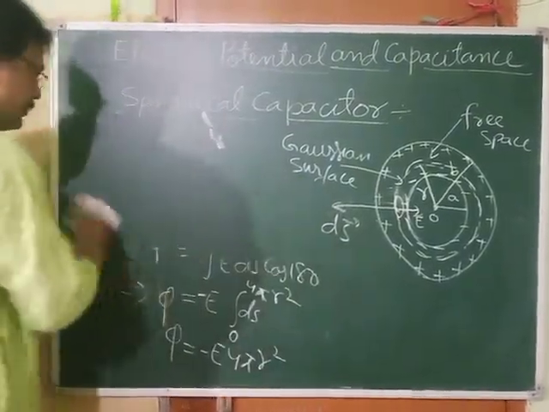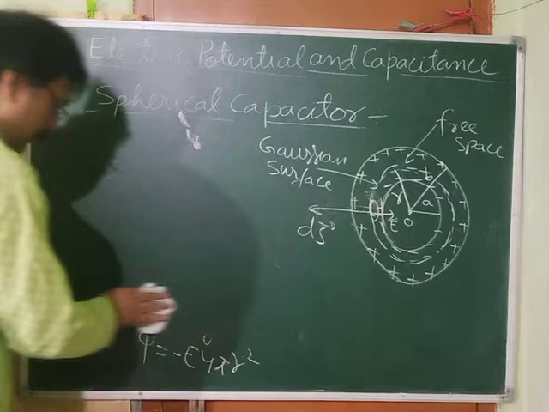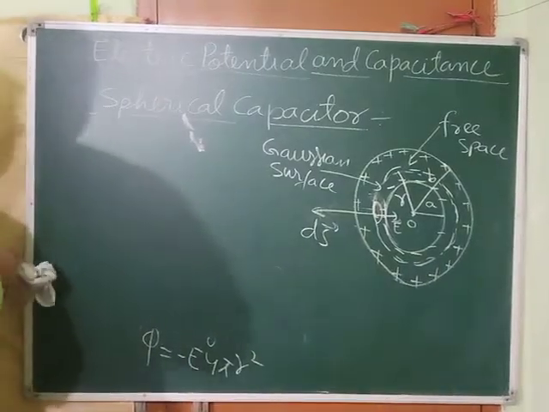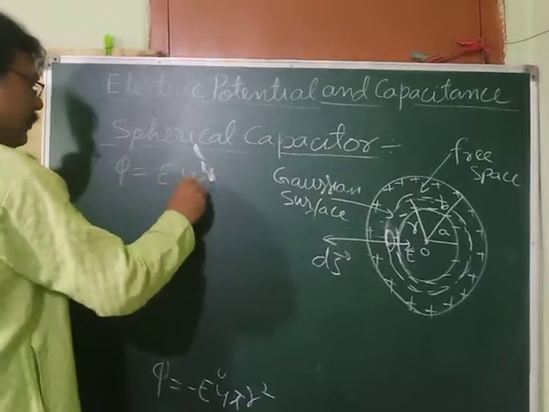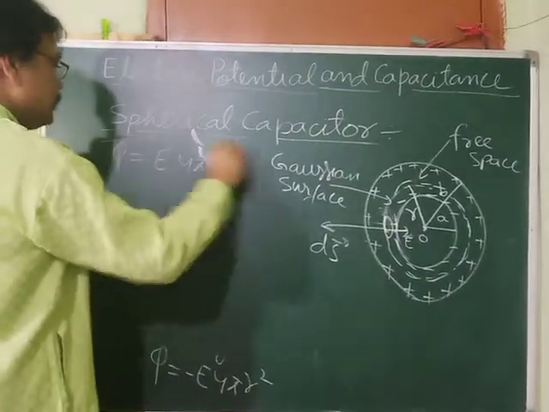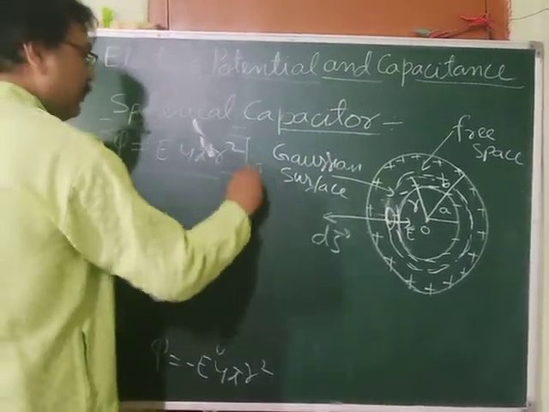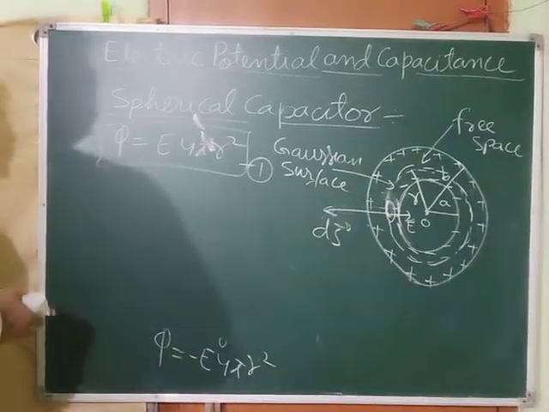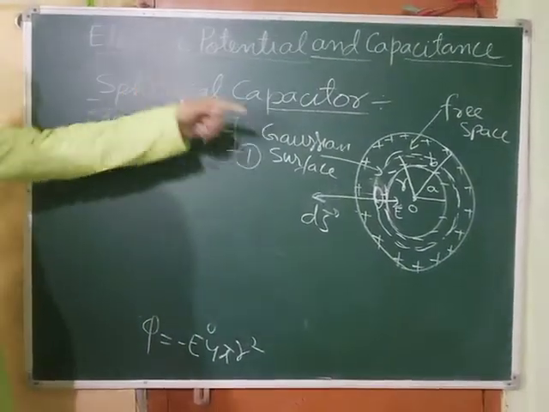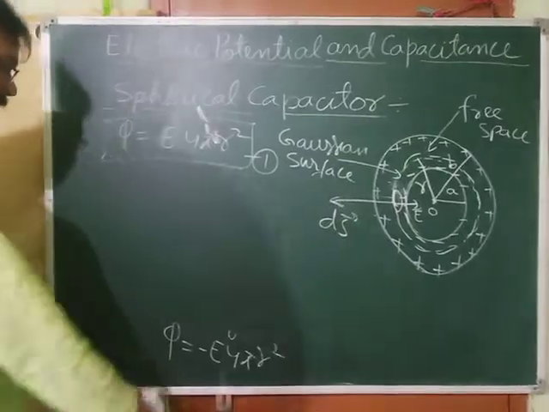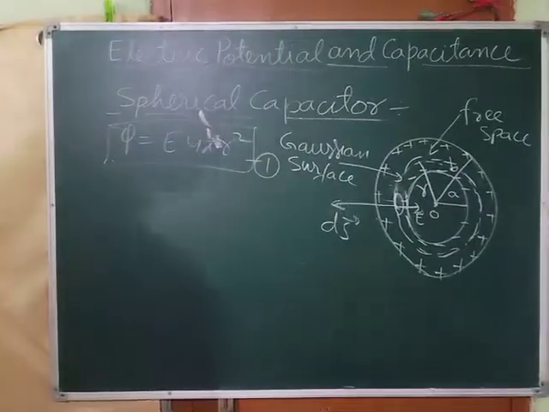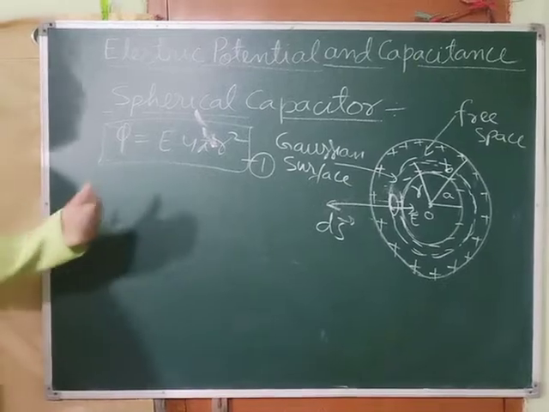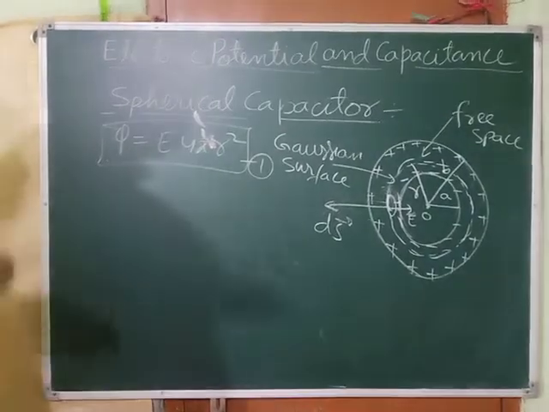Now, our equation 1 will become what? From here, we get phi equals E 4 pi r square. This is the magnitude of flux. Okay, this is our equation number 1. I have removed the minus because the minus indicates that the flux is entering the surface from all sides. It's not coming out. If it is coming out, then it's plus, and if it's entering the surface, then it is negative. That is the sign convention.